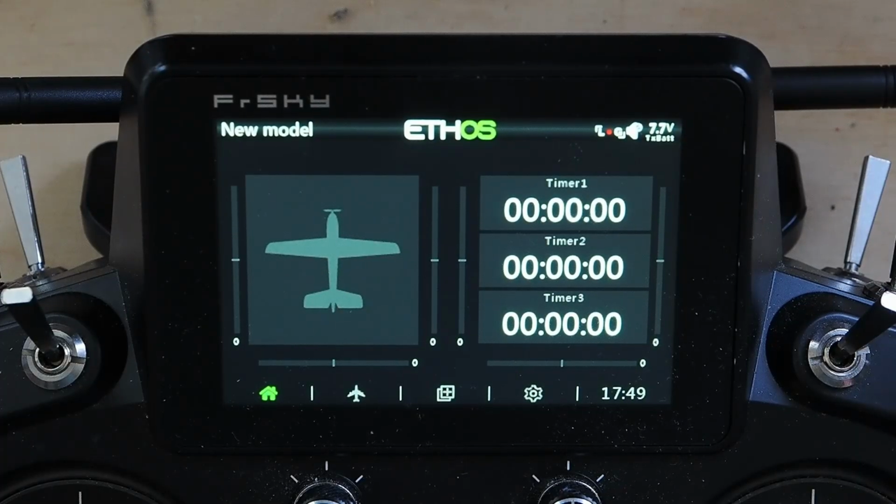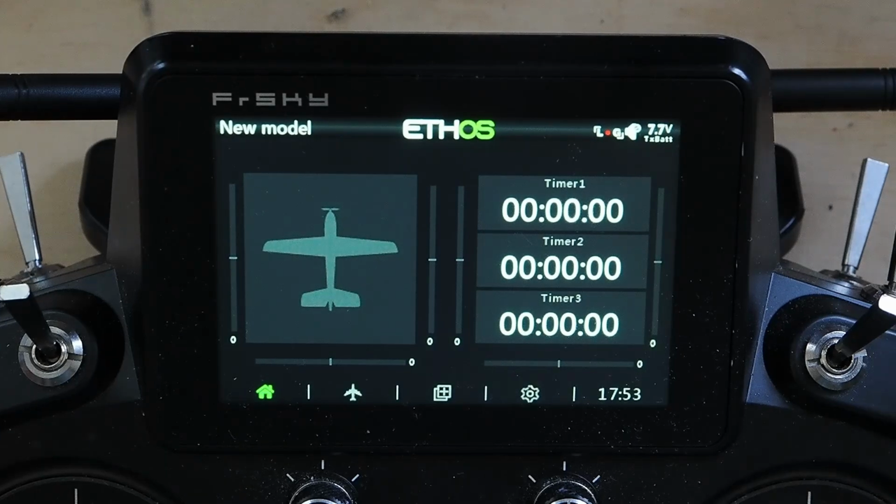Today, we're going to cover throttle cut, and particularly throttle cut for glow or nitro engines. On electric, you want your minimum throttle value. So, the throttle locks at your minimum value. There may be certain use cases where you want to bump it up in flight, but on the ground, you want it locked at that minimum throttle value so the prop will not spin as long as the throttle cut's